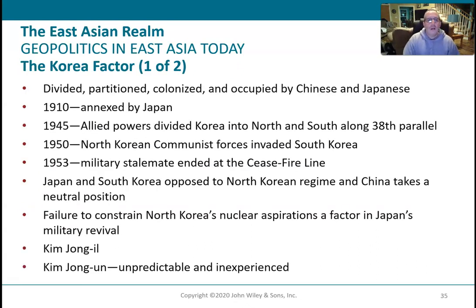So Korea, again, we're getting into the regions here. I'm not going to talk too much about the individual regions, but Korea is one that I do want to mention. Korea was one country, obviously, for much of history. It was annexed by Japan in 1910, and Japan controlled it, but it was still the Korean Peninsula. And once Japan was defeated in 1945,